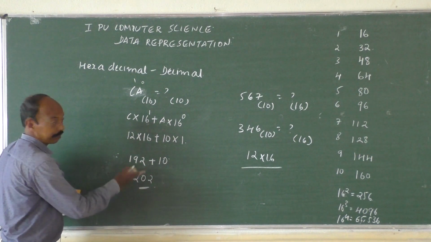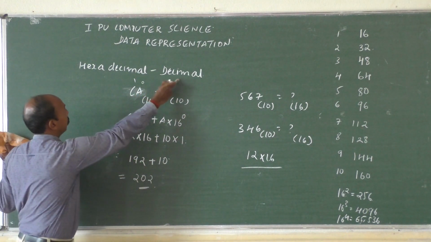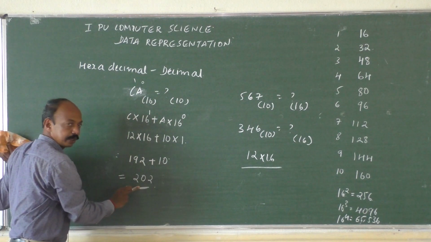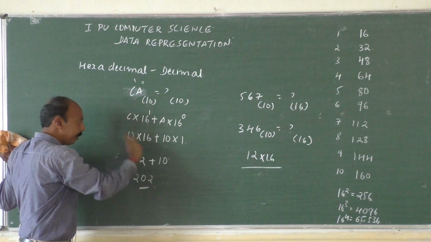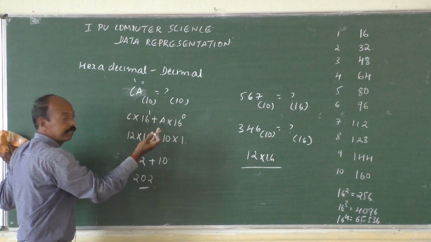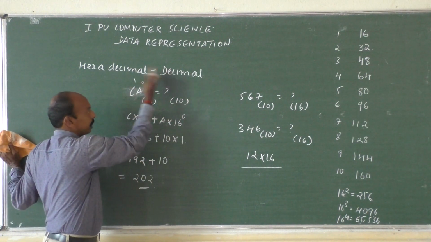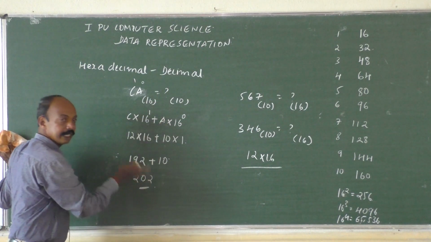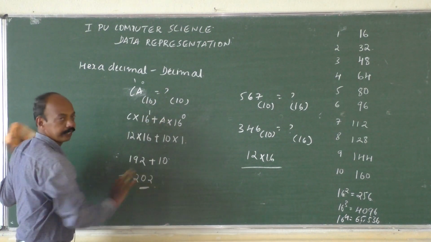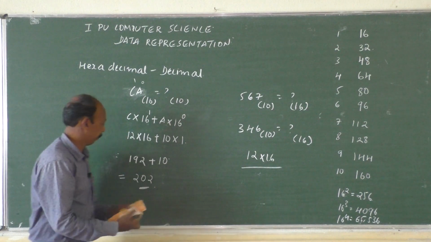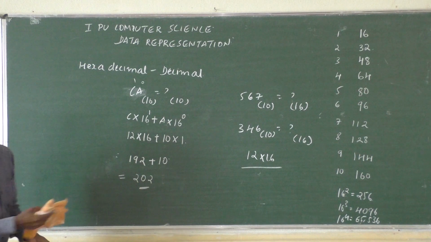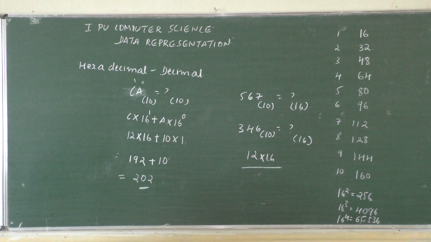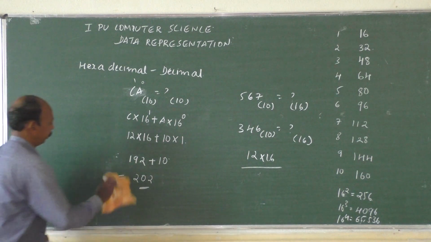So in the previous, when we converted from decimal to hexadecimal, we had a number 202 and what we got was CA. Now what we have done is, we have just reversed it. That is, from hexadecimal to decimal we have converted. Once again we got the same number. This is just for the cross verification. We shall take one more example, a simple example, or we shall take one example where we have the fraction.